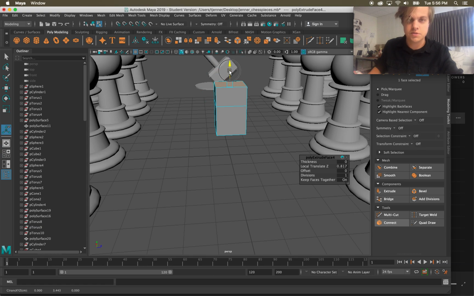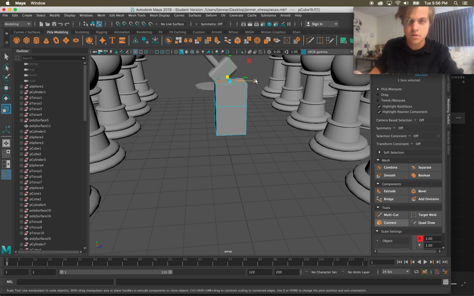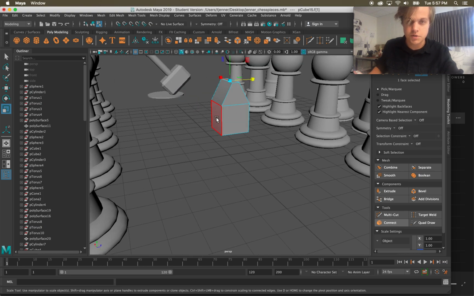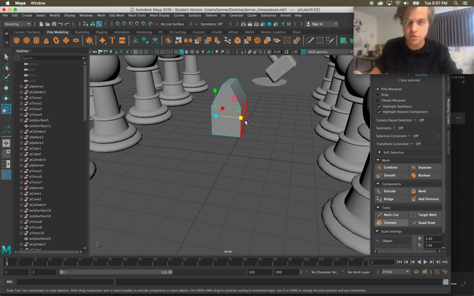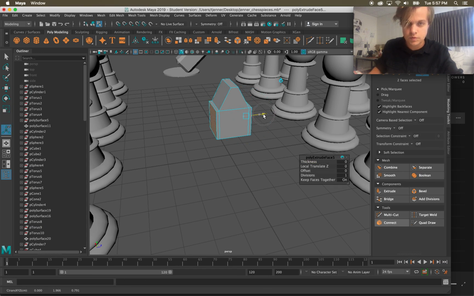So maybe this is like the top part of the king, and then if I go to face mode and select that face, I can squish that. Now I'm going to select this face, hold shift, select the other face, and extrude them at the same time, and pull them both out. And you can kind of see the